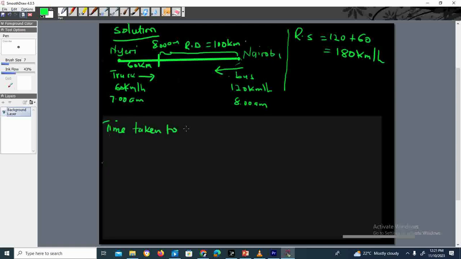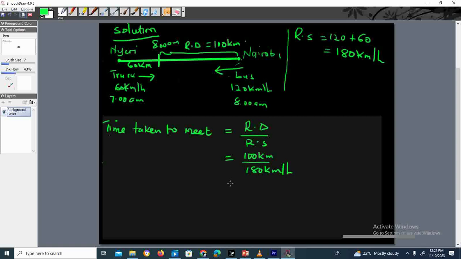Time taken to meet is going to be given by the relative distance divided by the relative speed, and this is going to be 100 kilometers divided by 180 kilometers